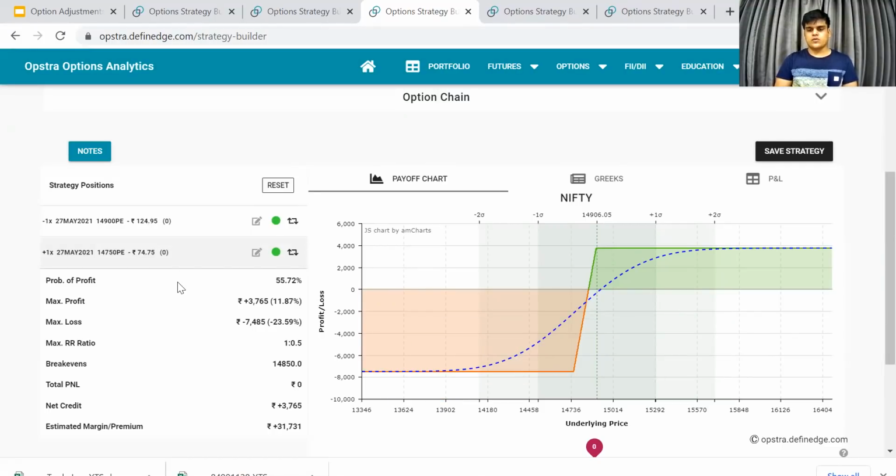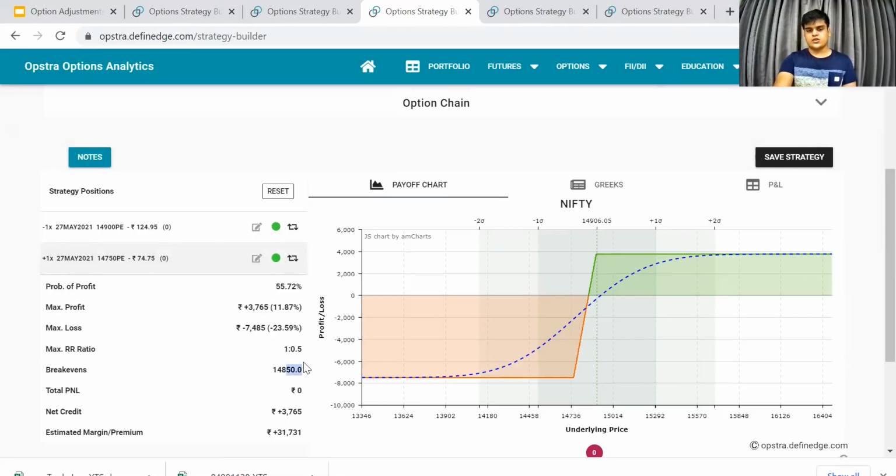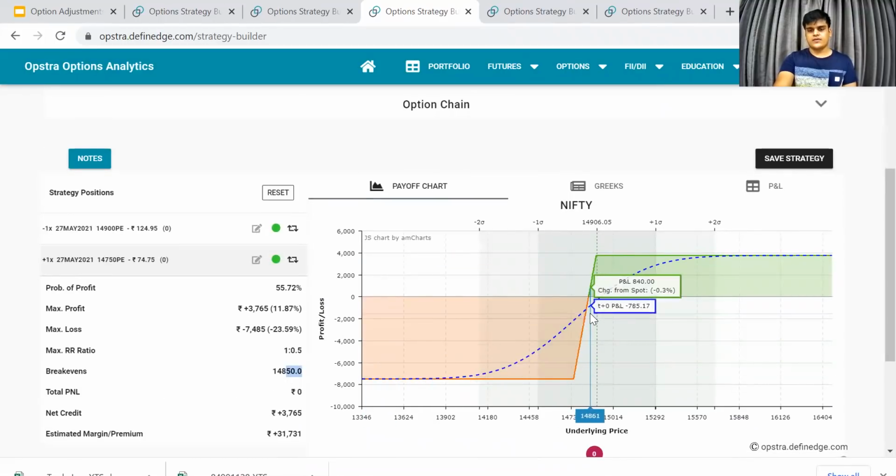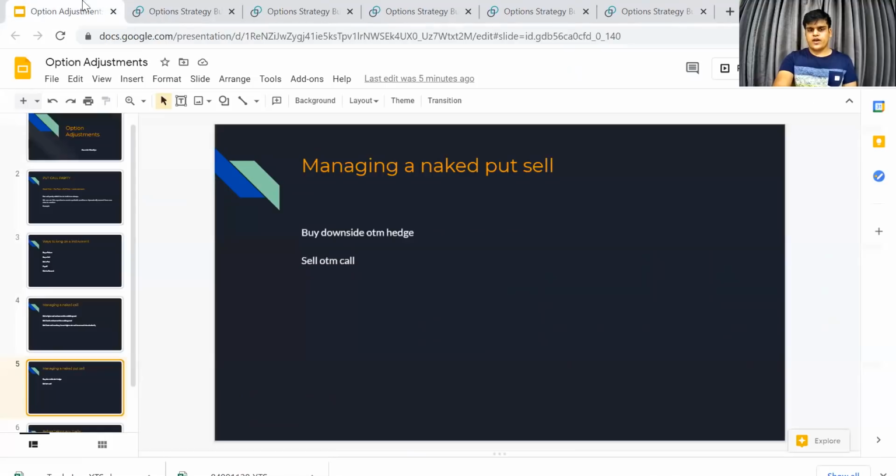Suppose intraday you're selling a put. Suppose Nifty is at 14,900 and you think that, okay, you want to sell this put. Even if you sell this put, your break even comes around 14,900 minus 124, below like 14,775. Suppose you buy this put, if your view goes wrong, you buy this put and still you can stay in the position. Instead of keeping a stop loss on this sold leg, you can buy this leg. So you get to wait because you can see that the break even is still 14850. So even if Nifty falls 50 points at expiry, still you won't lose any money. So this is one way: you buy a downside OTM hedge.